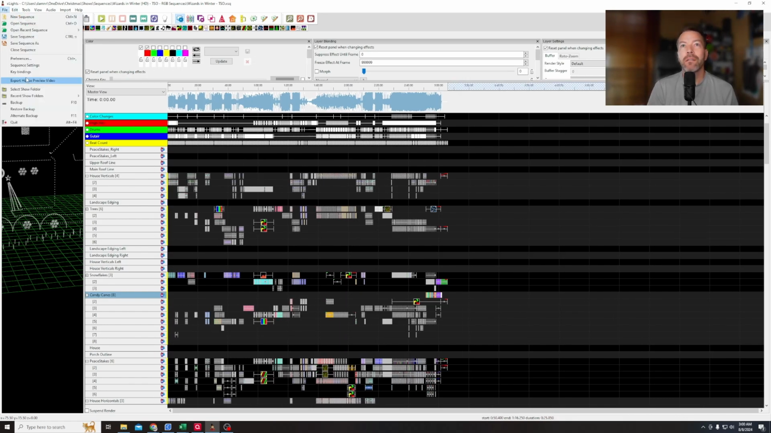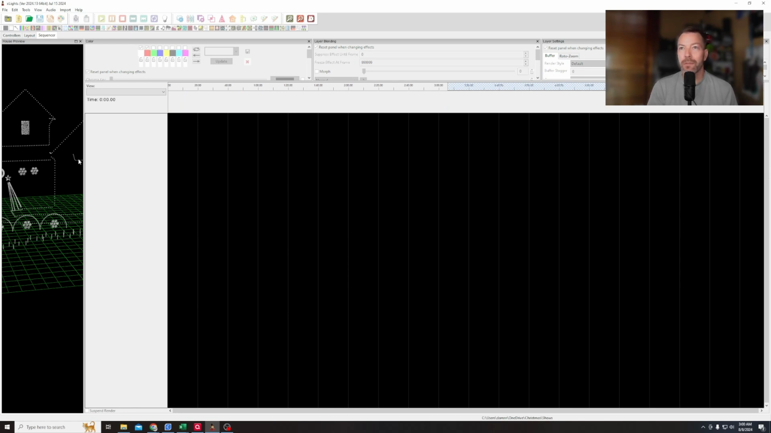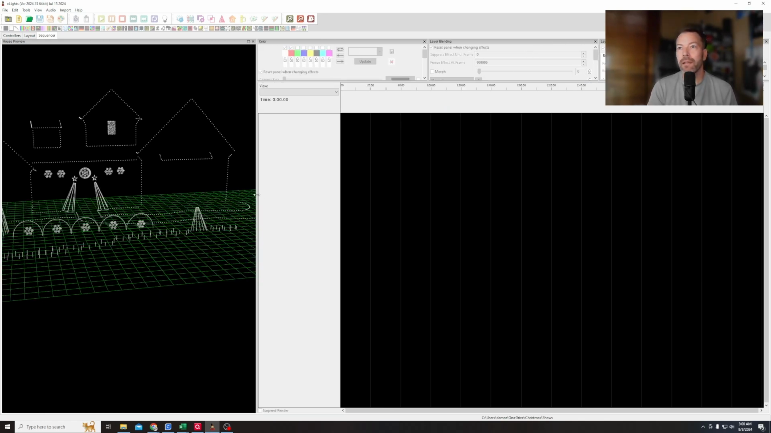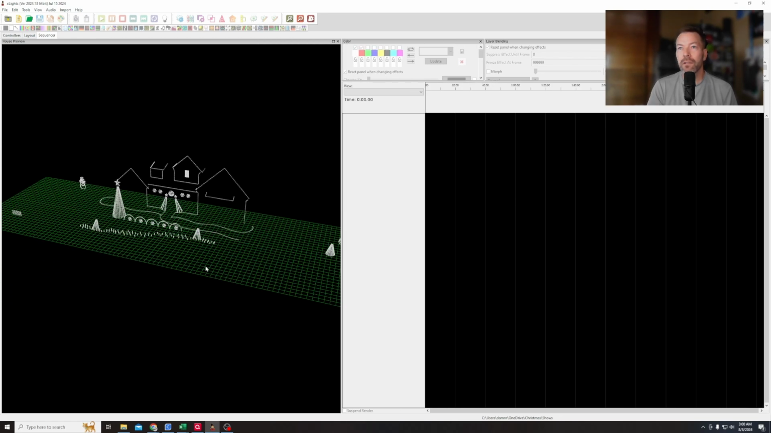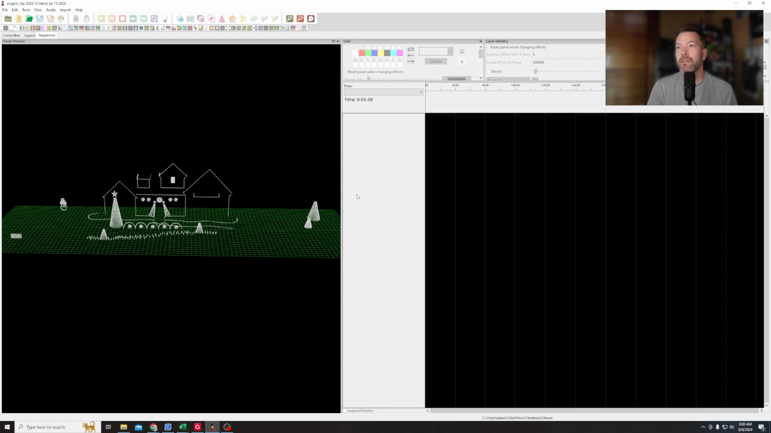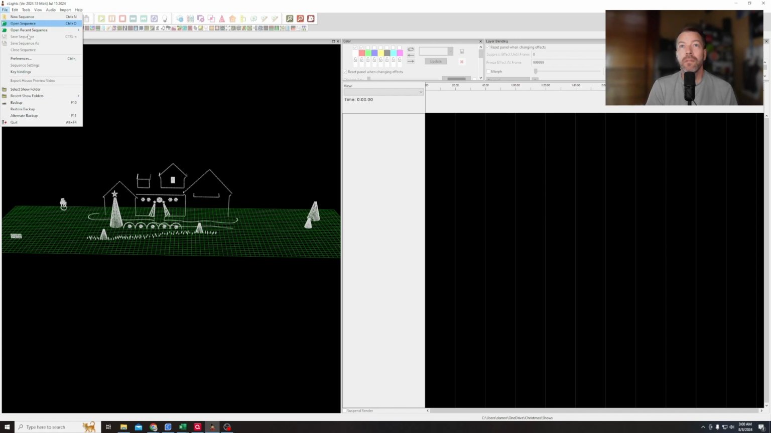So I'm going to go to my sequencer. I appear to have one open. Let me close this. I don't want to save this. Alright, so we're going to go to my sequencer. It should look like this. I'm just going to expand this out so we can kind of see what this is going to look like. Alright, and then we're going to create a new sequence. I'm going to go File, New Sequence,